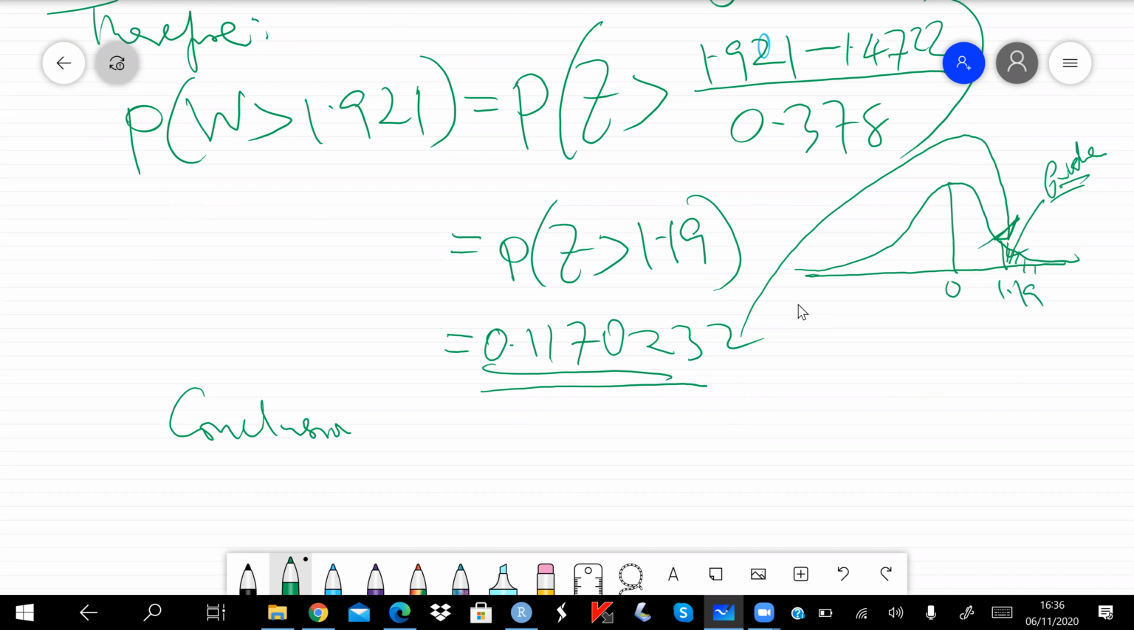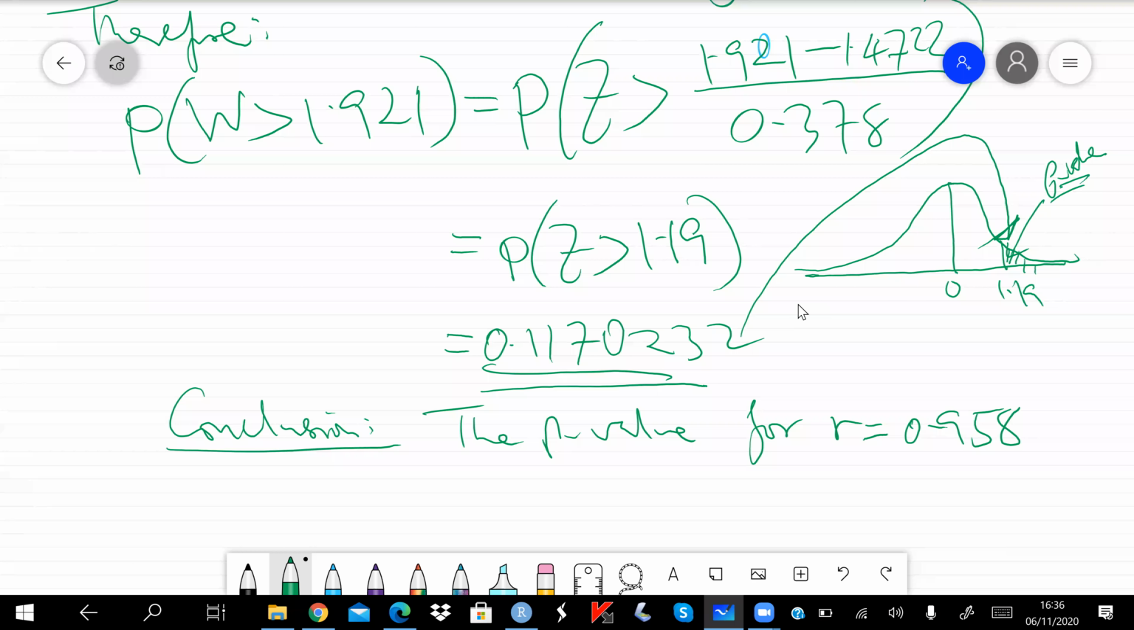the probability value for R is 0.958. For that calculated value is 0.1170232. So as clearly you can see, that p-value is quite large if you were to assume the 5% level of significance. Hence, there is